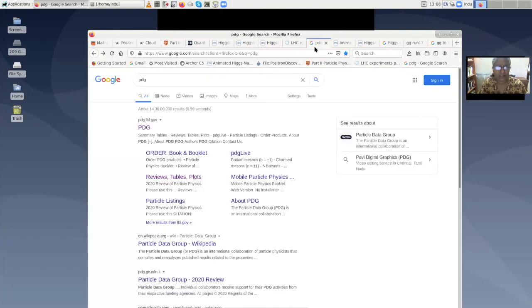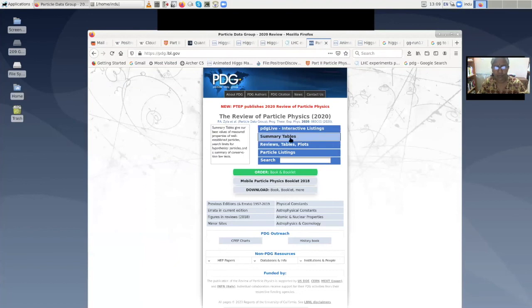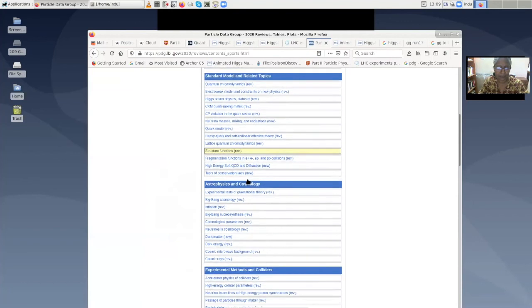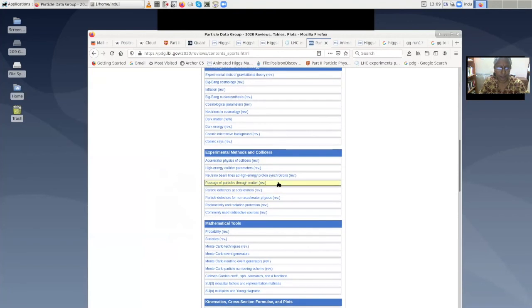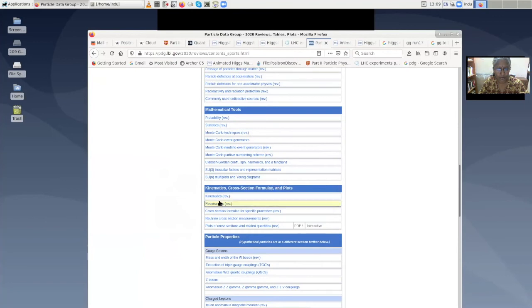And finally, I didn't show you that Z resonance, but I think I will stop here. I just want to show you the PDG. If you search for PDG, I wanted to show you the Z resonance, but I will stop the class here. If you click on PDG, it will show you, for example, summary tables. It will show you reviews. It will give you a review of kinematics. It will tell you the cross sections for certain processes. It will plot the cross sections also for certain processes. And I wanted to show you here how e plus e minus produces q q bar and that extra color factor of 3, but I will show it later in the class when I actually calculate it.